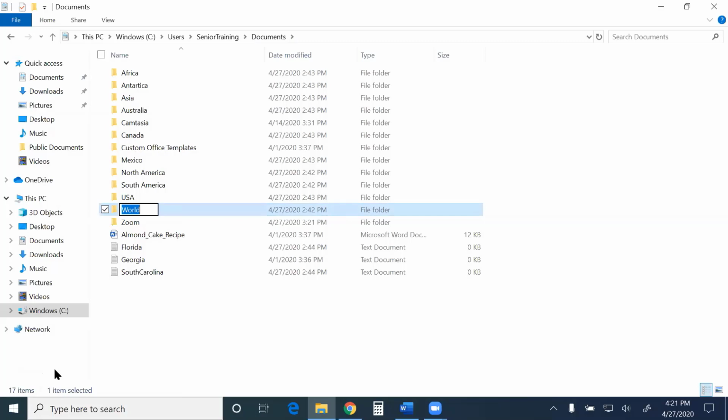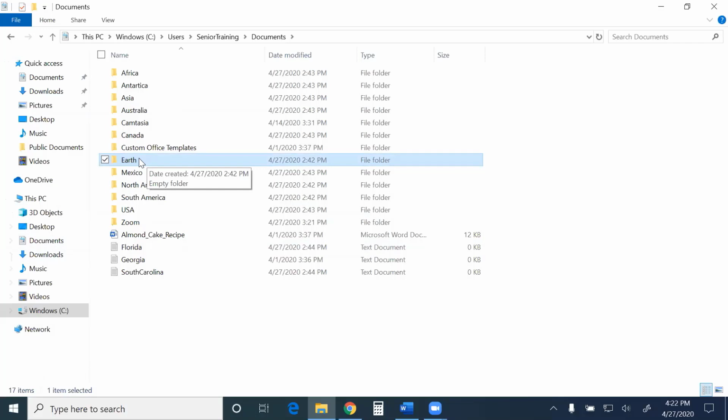I see so many people, once they get into this stage, they will then click again and then go backspace, backspace, backspace, and it just ends up taking a lot of extra time. If I have right-clicked on that and select rename, it's highlighted in blue, I just start typing. And then once I've finished typing, I can press enter, and it's going to put it in alphabetical order and rename the file.